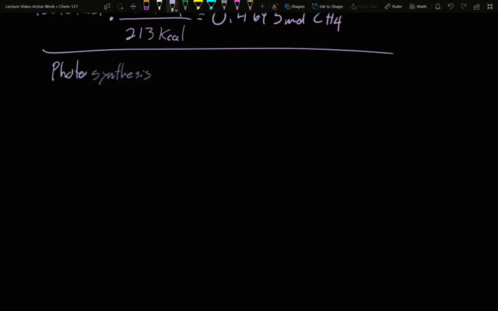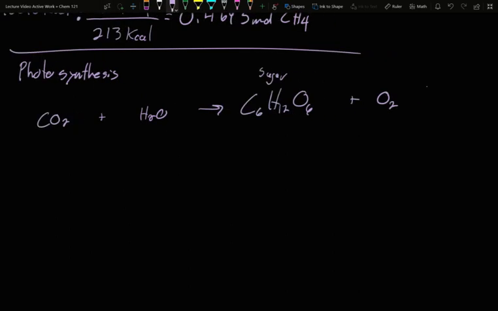Photosynthesis. Photosynthesis is CO2 plus H2O goes to C6H12O6, sugar, and O2. The delta H of this reaction is positive 678 kcals. Well, in our case, if I want to make 2.7 mole of sugar, about half a kilogram, if I want to make that many moles of sugar, I want to find